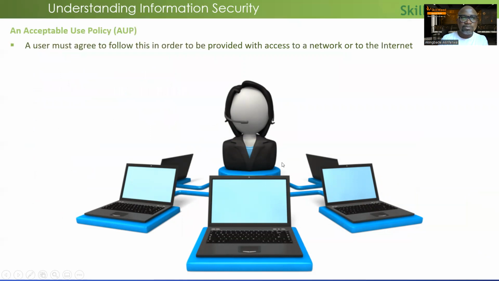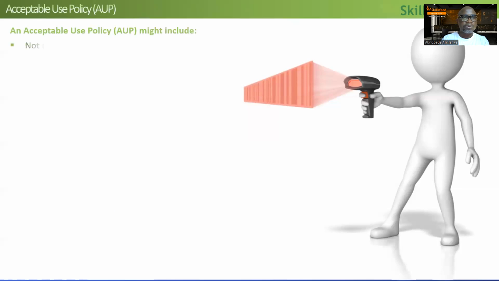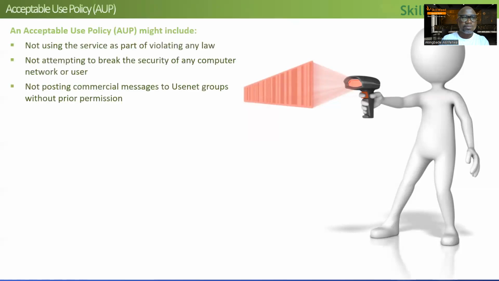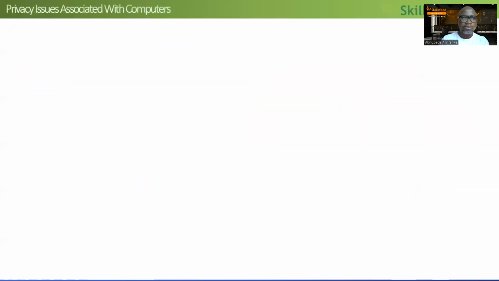Again, this is just acceptable use policy. That's why when you join an organization, they always ask you to sign an acceptable use policy, meaning you understood how they intend to use their network, their internet, and everything about the system they are using. Okay. All right, let's go. Again, you guys can read this part of it.